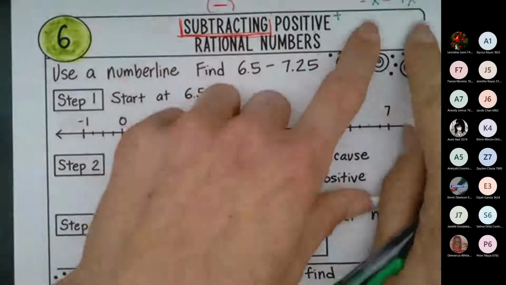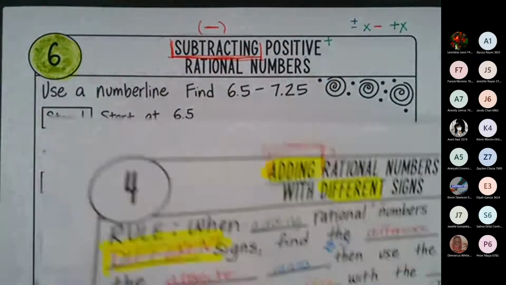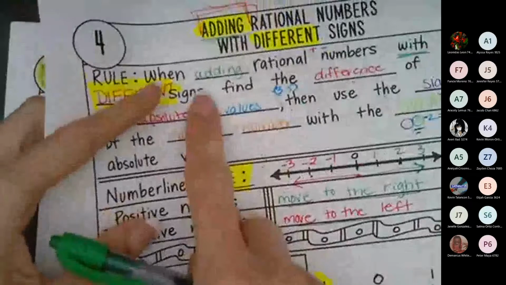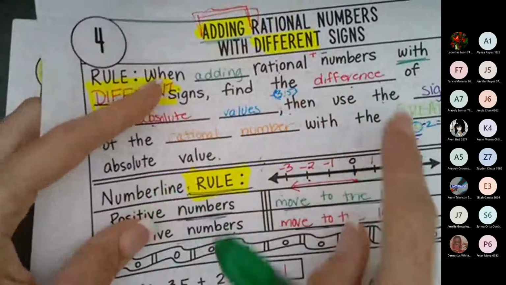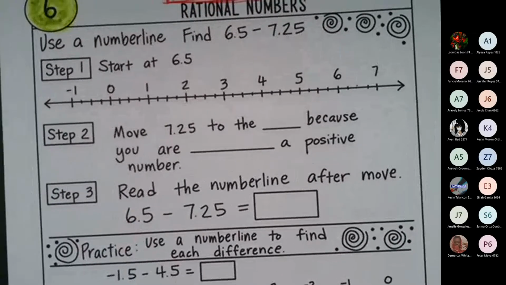And if I look at this, it kind of looks like the rule that I had for adding rational numbers of different signs. I'll show you what I mean by that, because we're going to take that rule and kind of reverse it. All right. So using a number line,